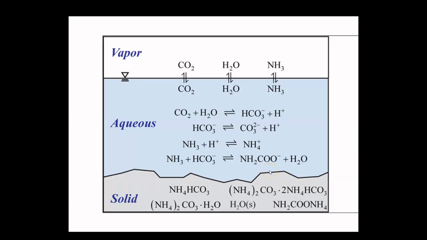And here, that solution will gradually begin to separate into 3 phases. A solid or slurry phase containing your ammonium bicarbonate product at the bottom, the aqueous phase containing dissolved ammonia gas in the middle, and the vapor phase where the ammonia gas and carbon dioxide are also both dissipating out of